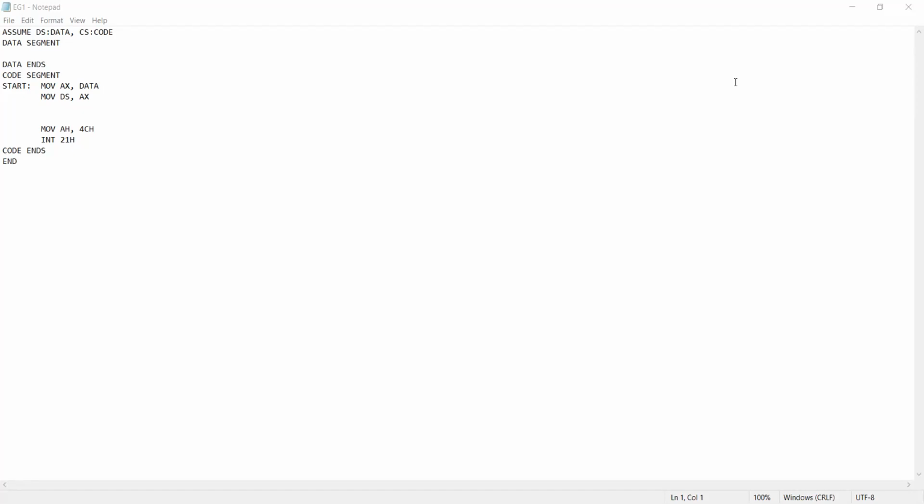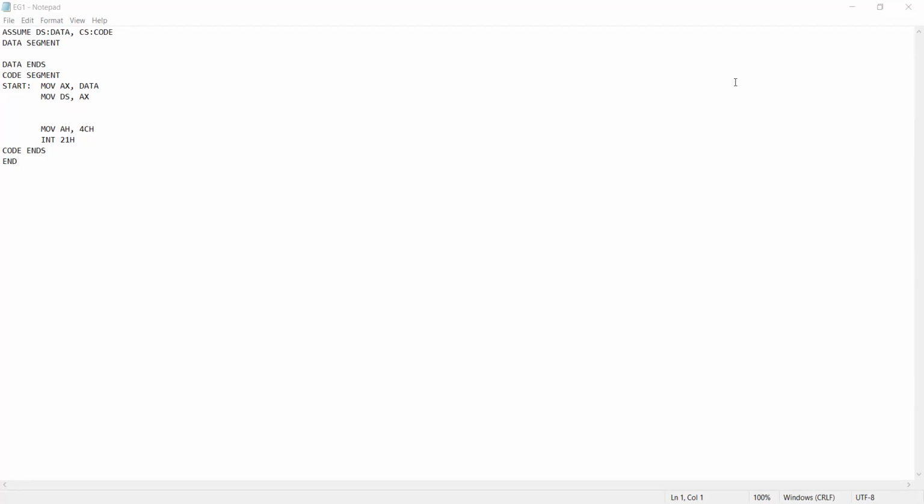Suppose in our program we are going to write a data segment part and a code segment part. We use the words data segment, and in that, data ends. Whatever data there may be, we keep it between those two lines. Data segment is the beginning, the starting point of the data segment, and data ends. ENDS stands for end segment. Similarly, code segment and code ends mark the end of that particular code segment.